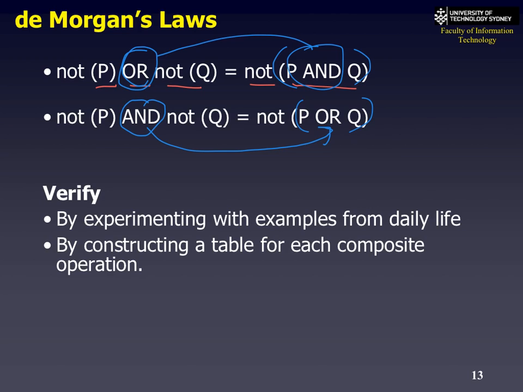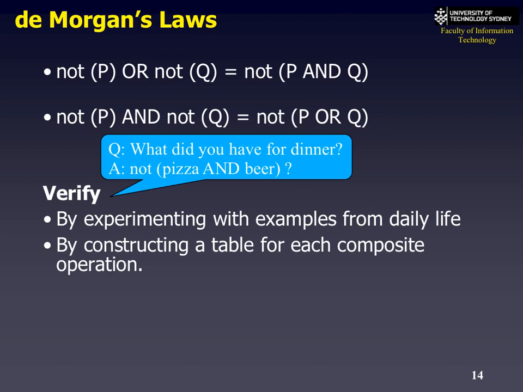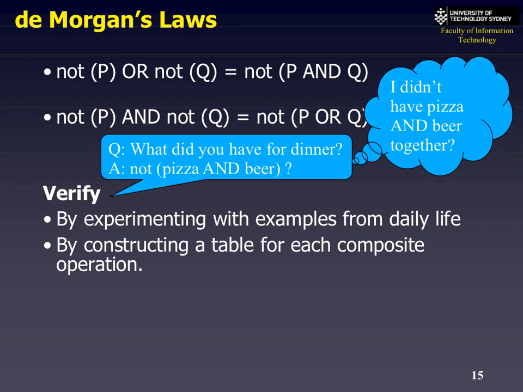So let's try an example in real life. Okay, so here's a question. What do you have for dinner? Well, our answer could be, we said not pizza and beer. What does this mean? I didn't have pizza, or I did have pizza. Did I have beer, or didn't I have beer? Well, what I actually mean in this particular statement is, I didn't have pizza and beer together,